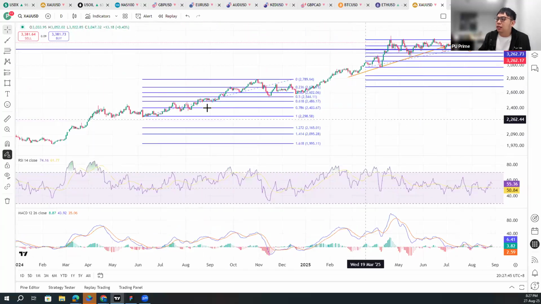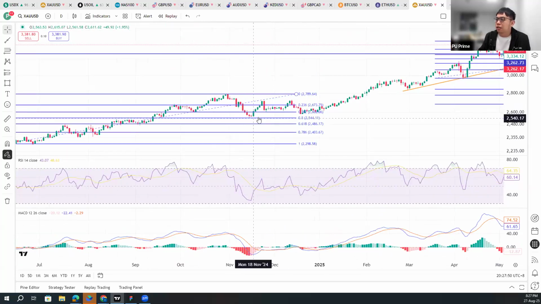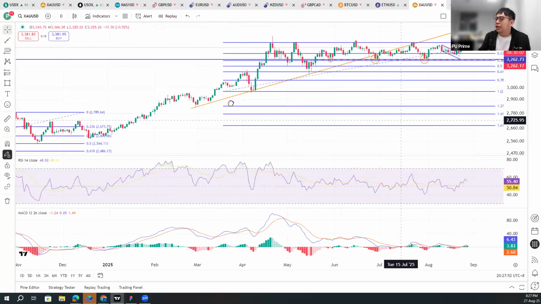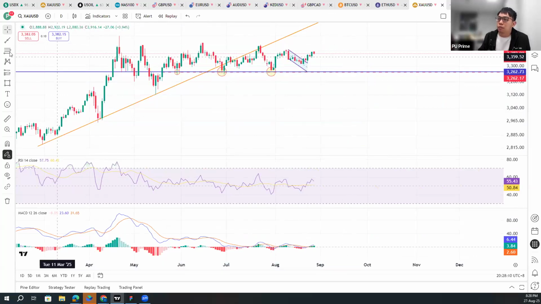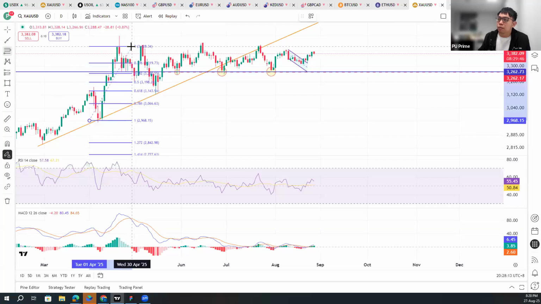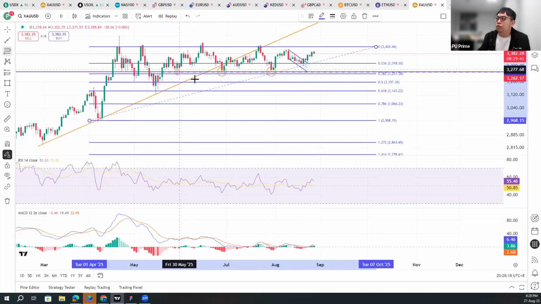All right, and another two examples here. This is a 50%. Here is 50%, and here this is also very nice. The latest one, the latest gold, found support on above 38.2%. This is the daily time frame. You pull from the bottom to the top. Okay, I draw it again for you. From the bottom to the top, and you put it here, and you can see it does find support